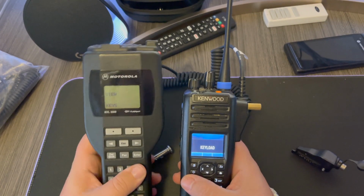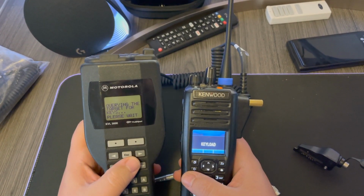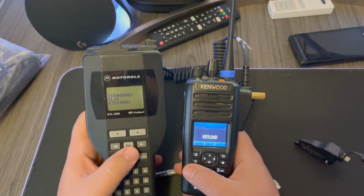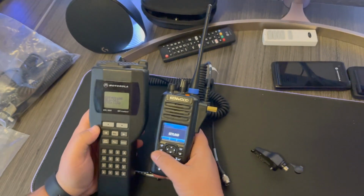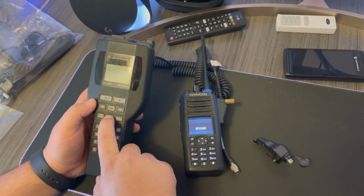It immediately goes into keyload mode. Targeting query. And boom, I can see the keys in the device. Okay. So I'd say that's...